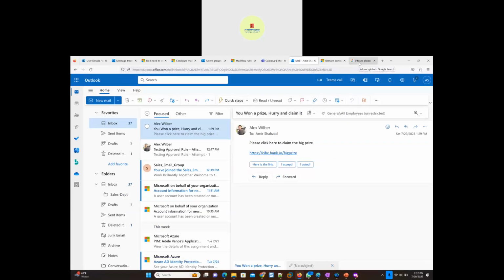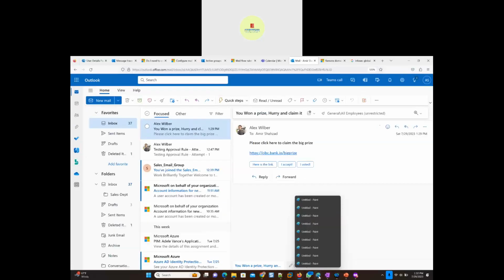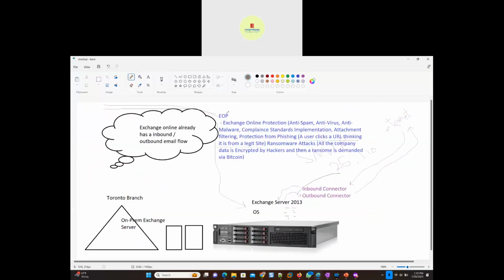So yes, then you need a connector here when you are going for Exchange Online Protection. So all company emails will hit EOP first, then they will be going through all kinds of security provided by EOP,